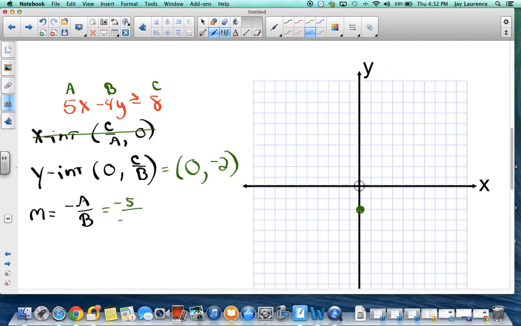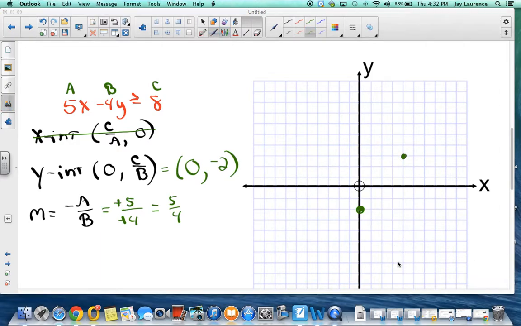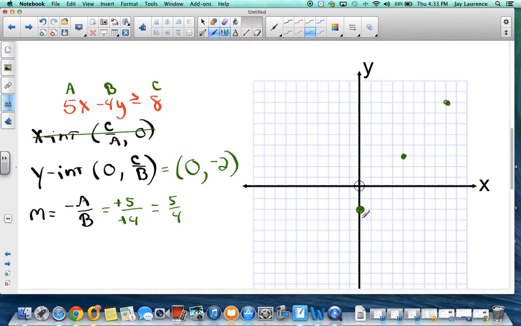B is -4, and those cancel to get 5/4. And now I can rise 1, 2, 3, 4, 5, run 1, 2, 3, 4. There we go. All right. Can get another point. 1, 2, 3, 4, 5. 1, 2, 3, 4. Oh, there we go. 1, 2, 3, 4, 5. 1, 2, 3, 4. Okay, of course I could have gone down 1, 2, 3, 4, 5 and back 1,